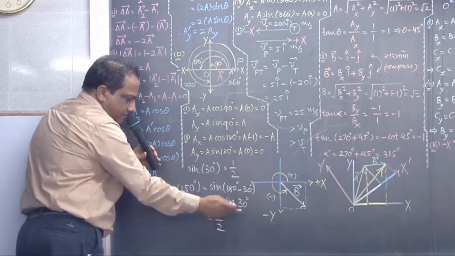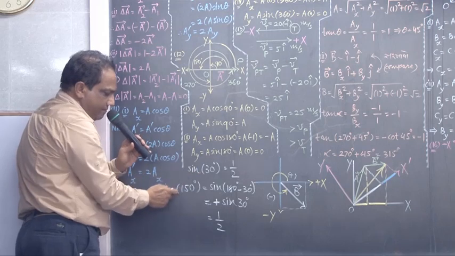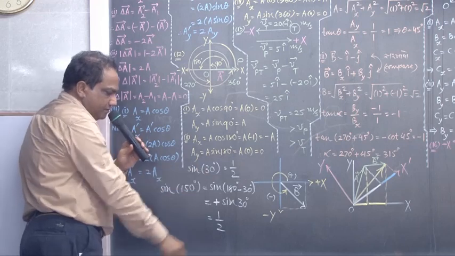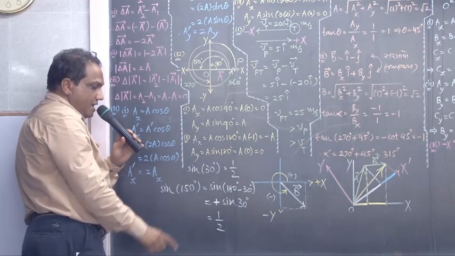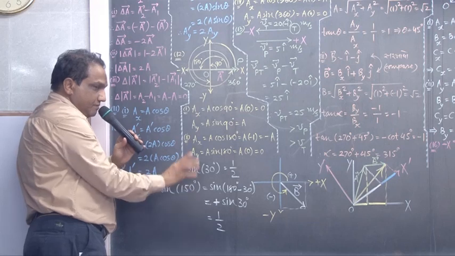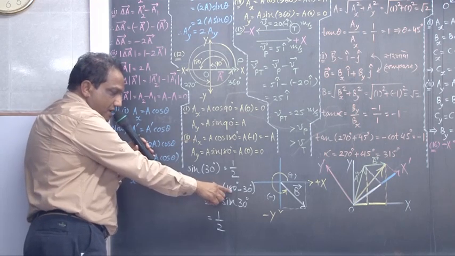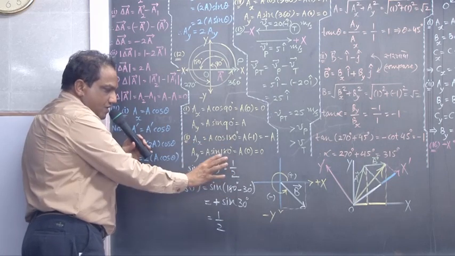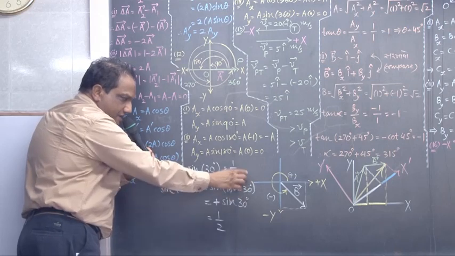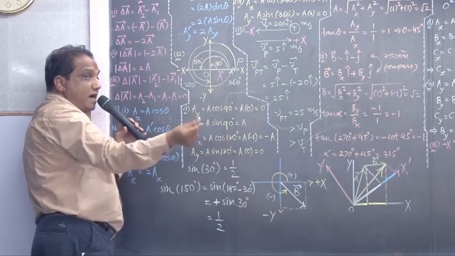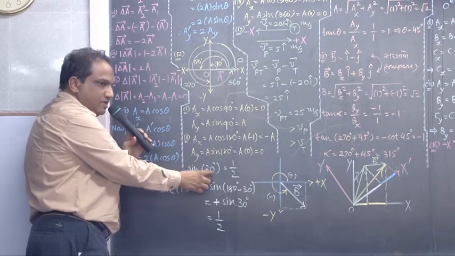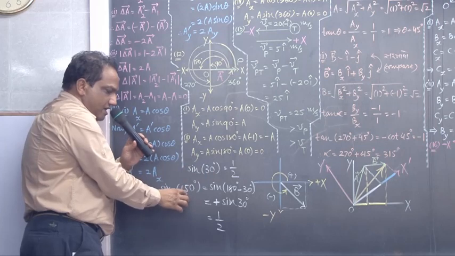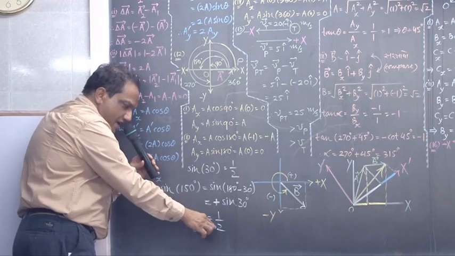Tell me, are these two values the same? Yes. Then tell me, what is the first angle? 30 degree. And the second angle is how much? 150 degree, which is 180 minus 30. 180 degree means what? Pi radian. So the second angle is pi minus the first angle. Correct? So whenever sine function values are the same for two different angles,